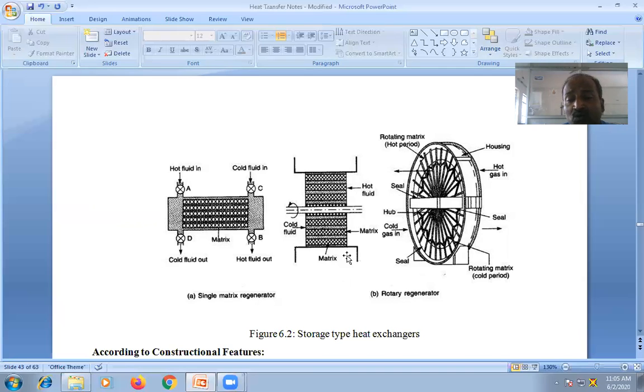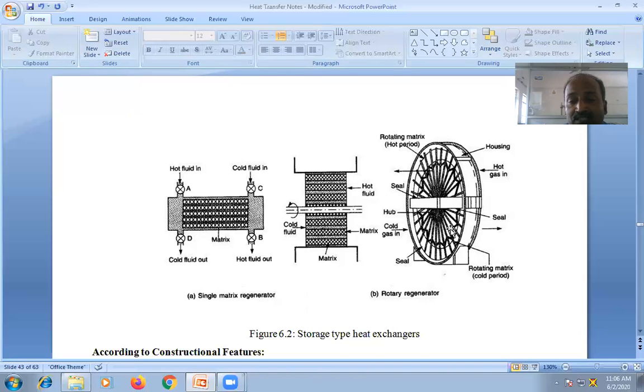So here this is the rotary regenerator. Rotary regenerator means hot gases come in and go out, and cold gas comes inside and goes out. When this particular wheel rotates, for example, this portion will become hot. Why will it become hot? Because hot gas comes in and goes out. The top portion of the wheel comes downwards now, and the bottom portion of the wheel goes upward. If you rotate it, what will happen? When it comes downward, the cold gas coming inside will cool the hot portion.